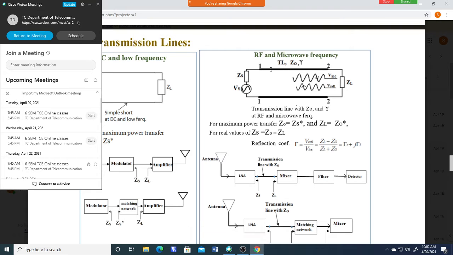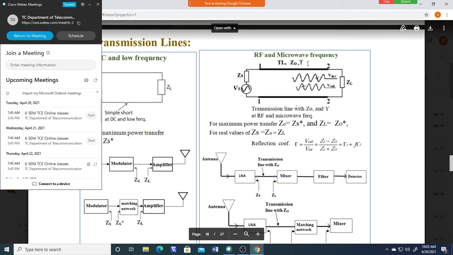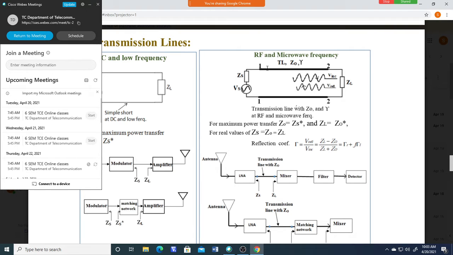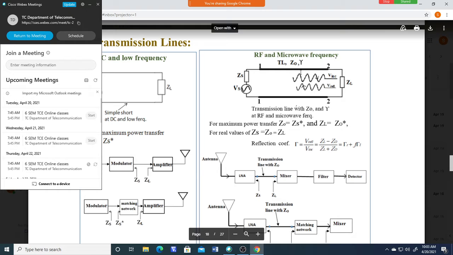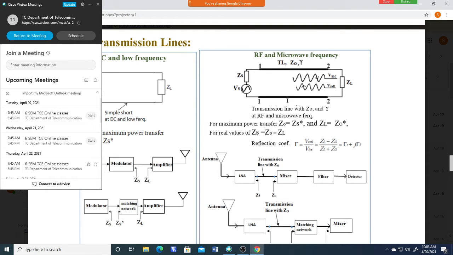So even a small piece, on the order of a centimeter, behaves like a transmission line with its own characteristics, like some parameters. It has a Z naught, a propagation constant gamma, and other parameters. So we cannot treat it simply as a short circuit. Because of that, impedance matching also matters.